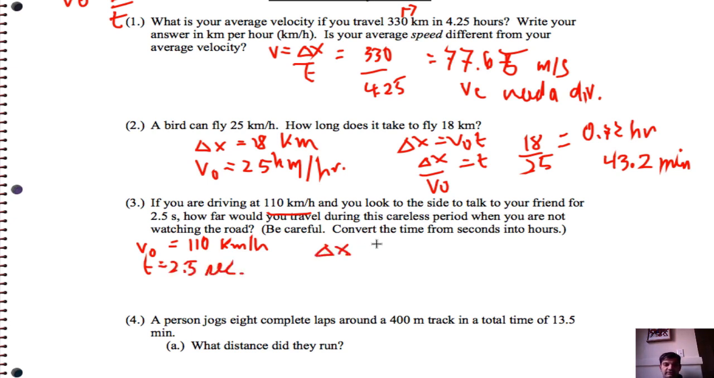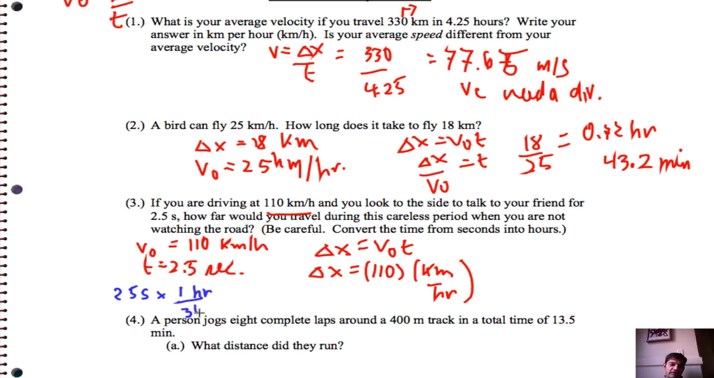To get delta x, the displacement, that's going to be v naught times t. So we're going to do delta x equals 110 kilometers per hour. Now we want to multiply it by 2.5 seconds, but we're going to be careful. We actually need to convert that. So let me go ahead and do that conversion down here. We will have 2.5 seconds times 1 hour over 3,600 seconds. So that's 2.5 divided by 3,600, and that gives us